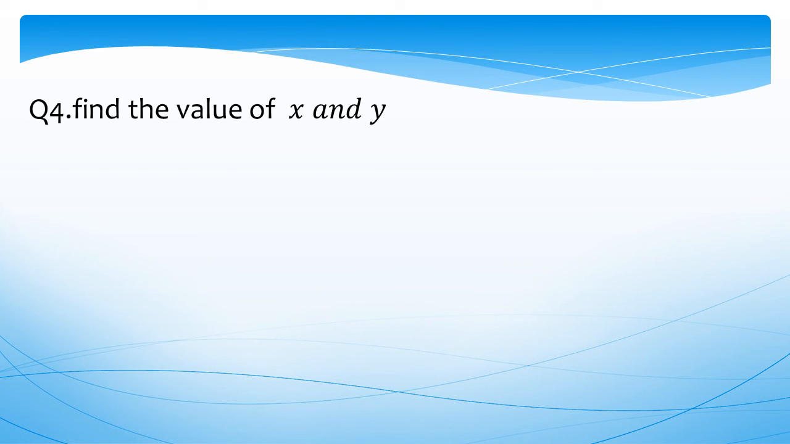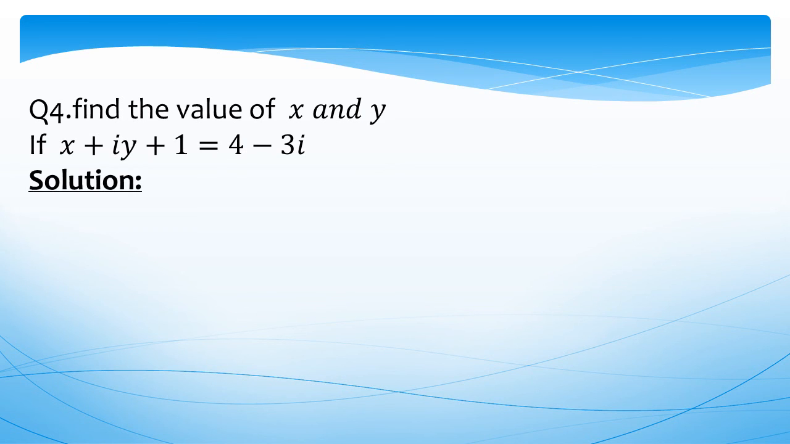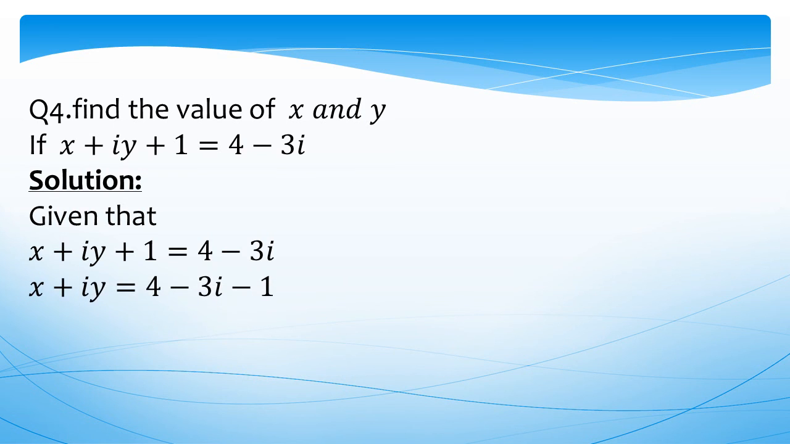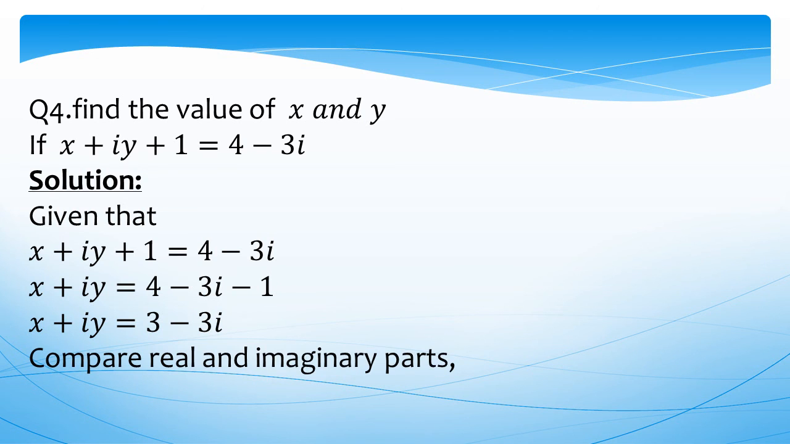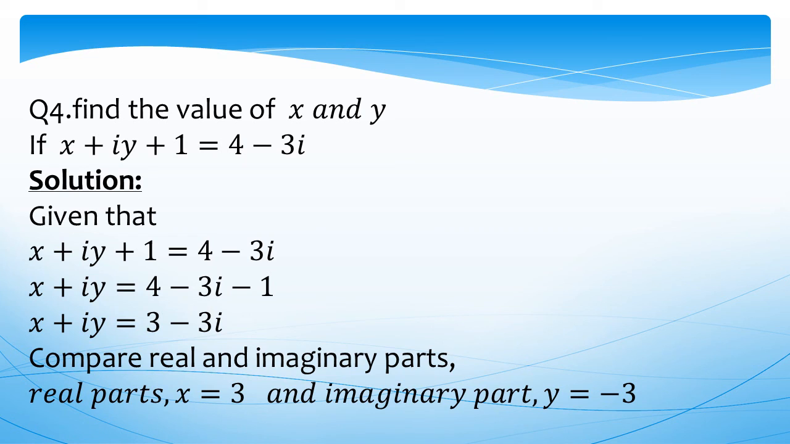Question number 4 from exercise number 2.5. Find the values of x and y if x plus iota y plus 1 is equal to 4 minus 3 iota. Solution. Given that x plus iota y plus 1 is equal to 4 minus 3 iota. Now we move plus 1 to the right-hand side. x plus iota y is equal to 4 minus 3 iota minus 1. x plus iota y is equal to 4 minus 1, which is 3, and minus 3 iota. Compare real and imaginary parts. The real part is x is equal to 3 and the